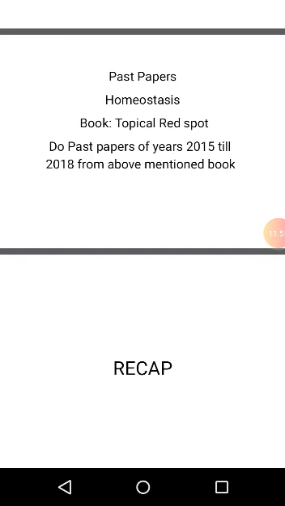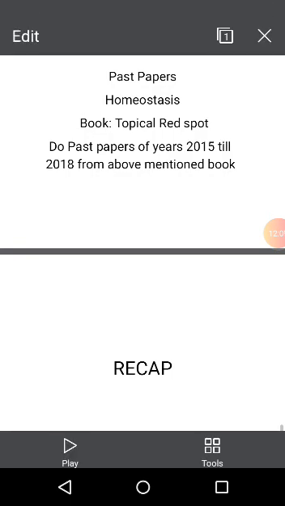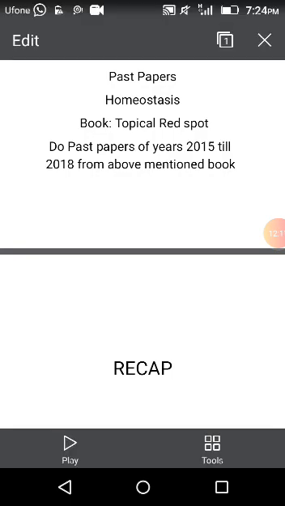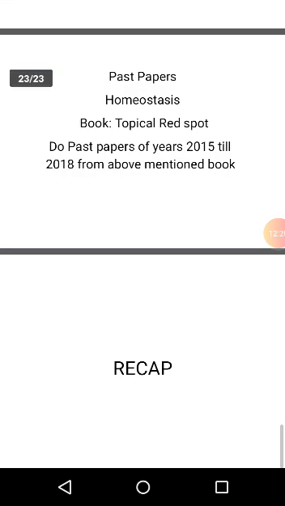So at the end I will recap my lesson. In the beginning I explained certain objectives which we have to achieve. I think by the end of the lesson I have been able to achieve them. First, I explained coordination in mammals and how it is brought about. Then I explained the neurons, their structures and functions. Next, I explained one by one the parts of the brain, the central nervous system and the peripheral nervous system.